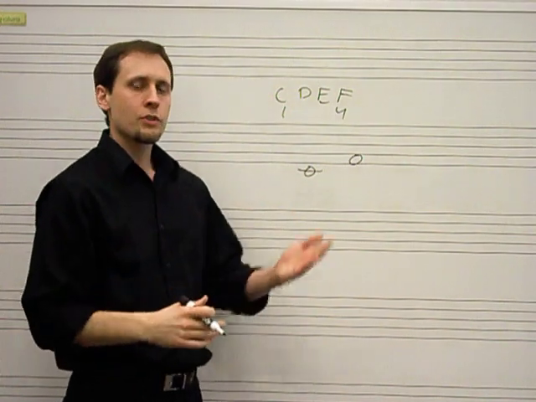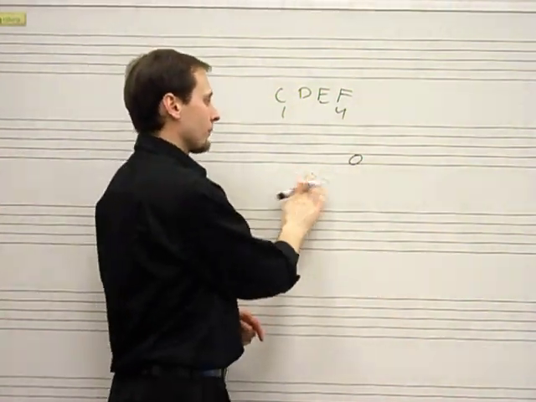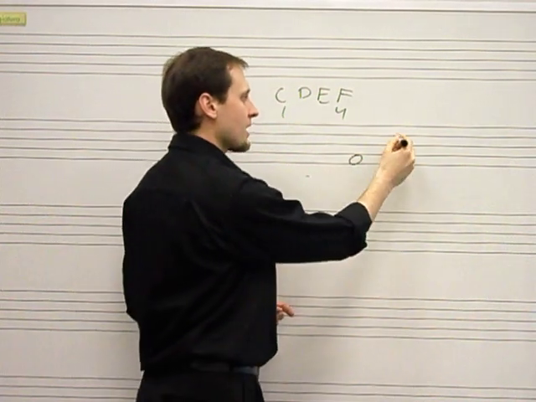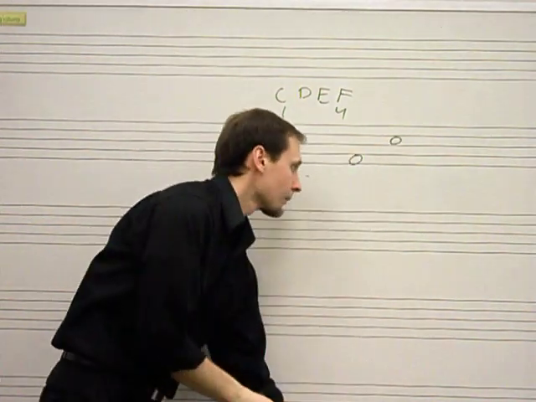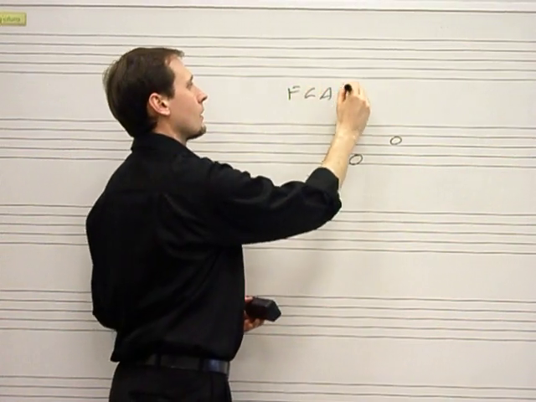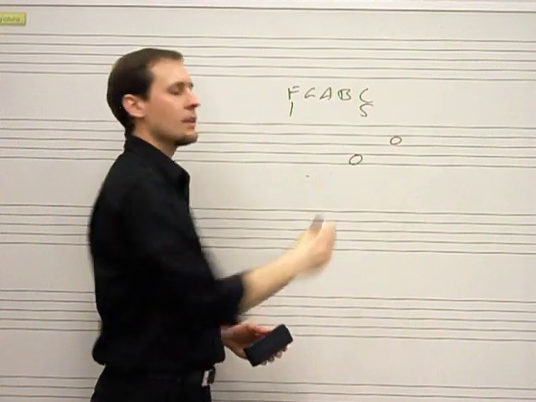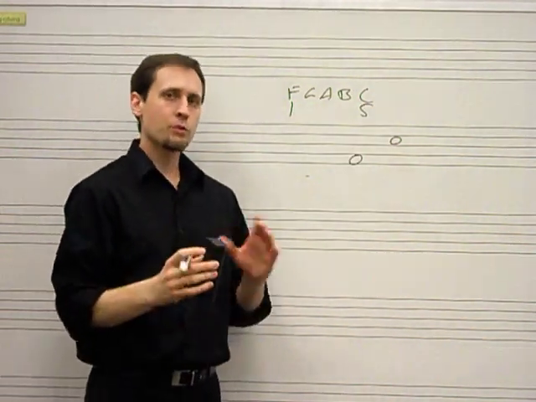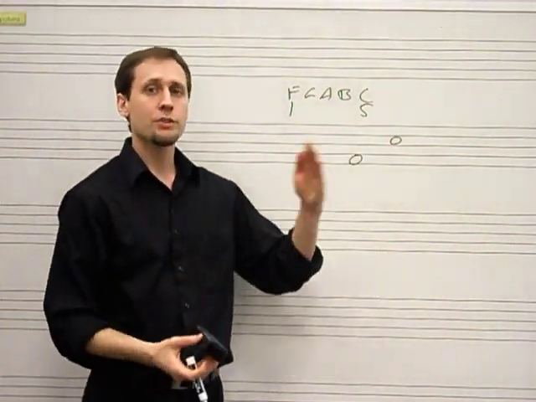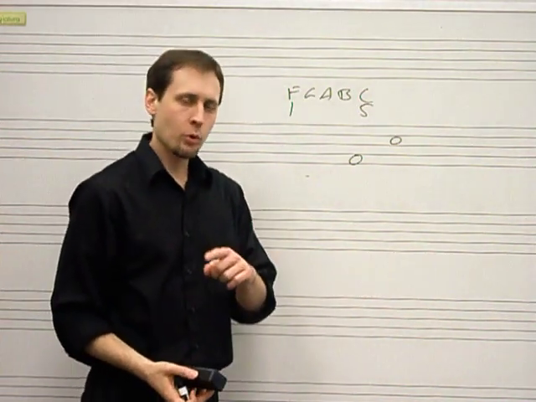The reason it's important to start from the lowest note is because it's going to be different. If you go from F to C, let's see what happens. If you do it that way, then it turns out that F to C is a fifth. So you have to be really careful identifying which note is lower when you're trying to identify the interval. The reason that's important is because